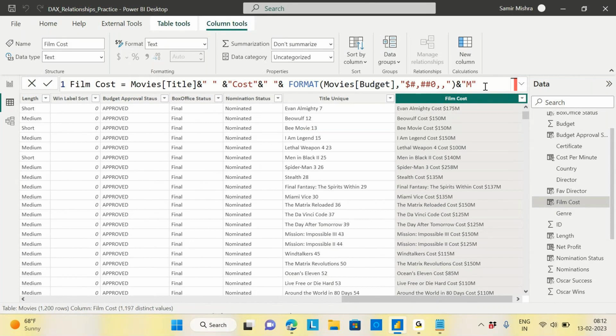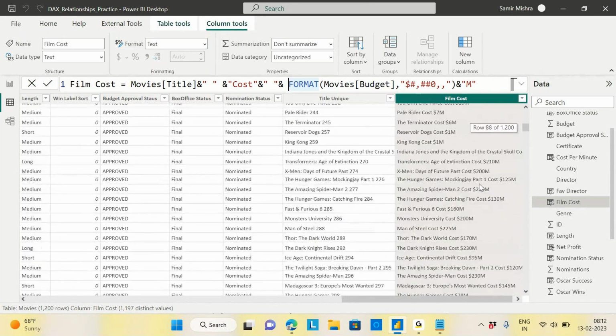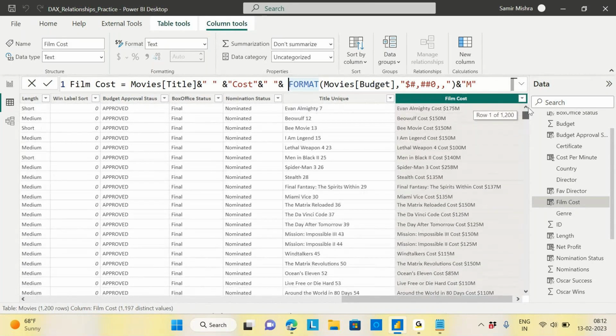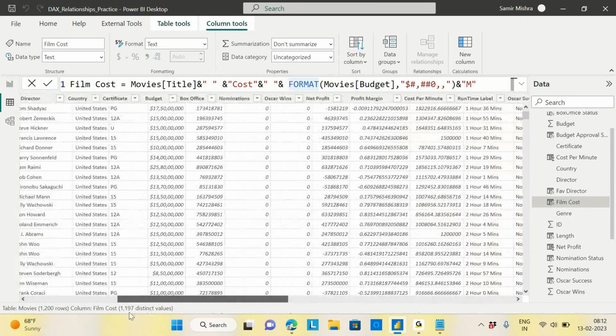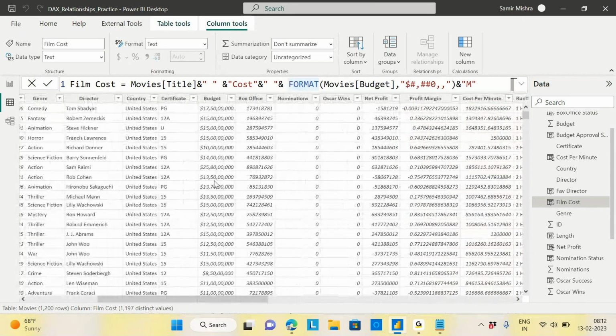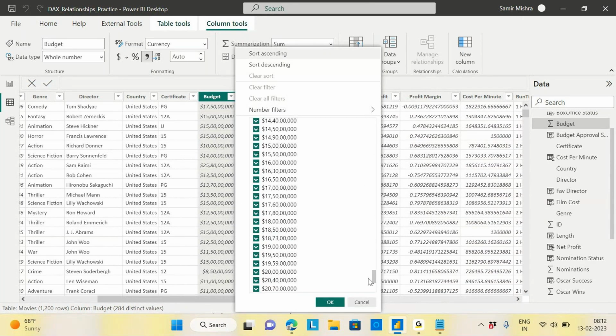Just go through that. And suppose one thing you can do: let me remove this. Is there any minus value I have? Here you can do one more exercise also. That could be your home exercise. Let me check if any budget column is minus. I don't know. Budget won't be minus here, but